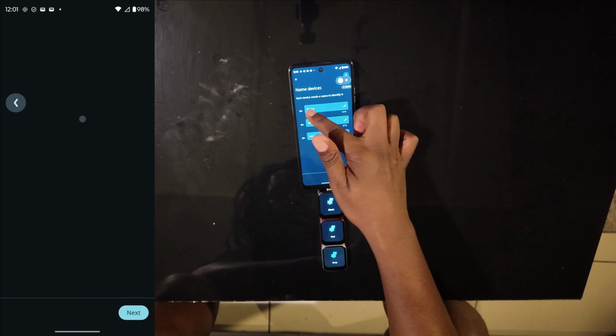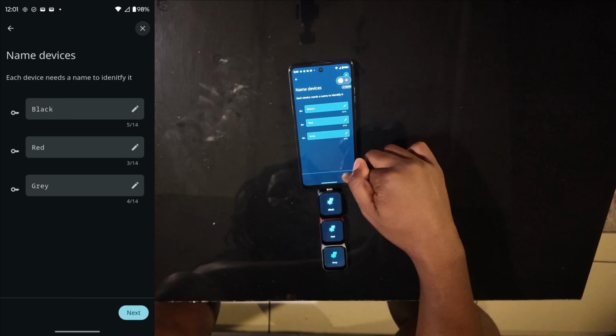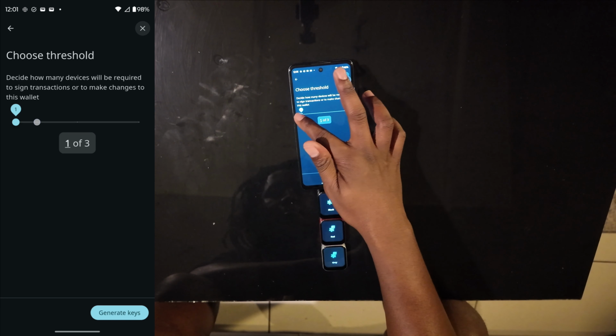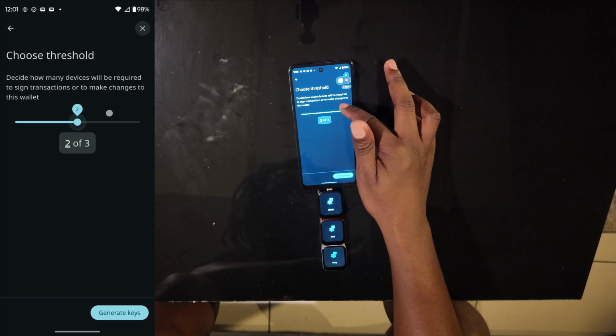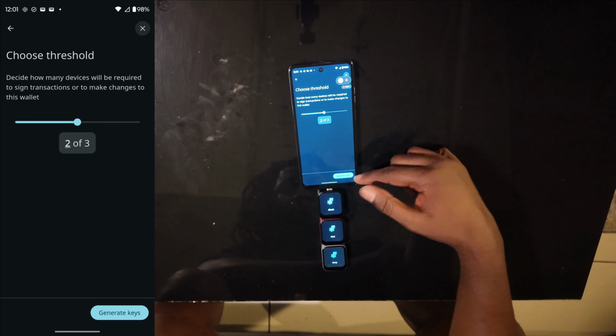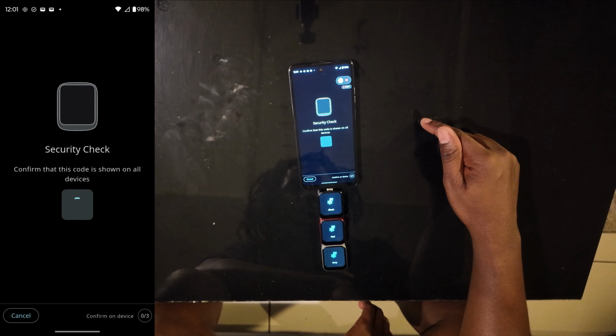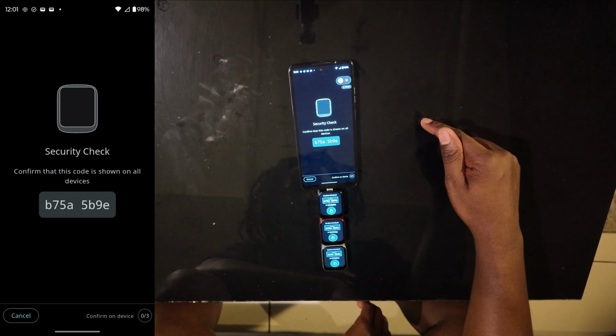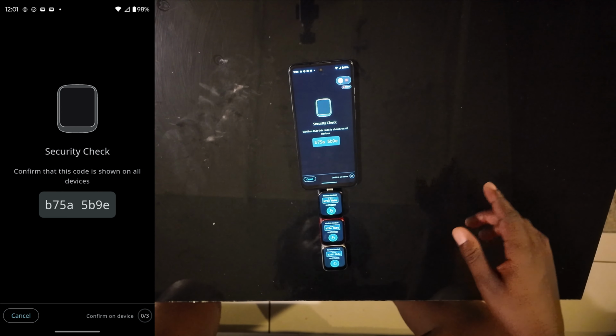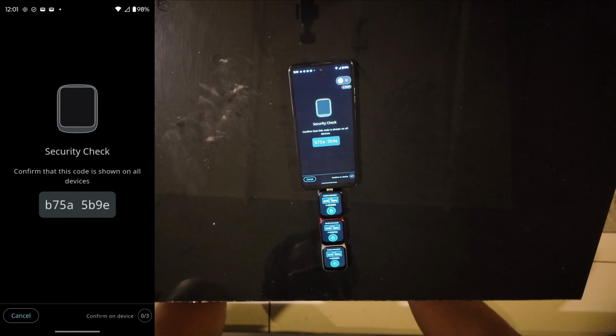And yeah, so you can select what type of threshold you want: 1 of 3, 2 of 3, or 3 of 3. So we're gonna do 2 of 3 because it's always fun doing that. And now it's doing a security check, right? And yeah, so now you're just supposed to check that the devices are all showing the same